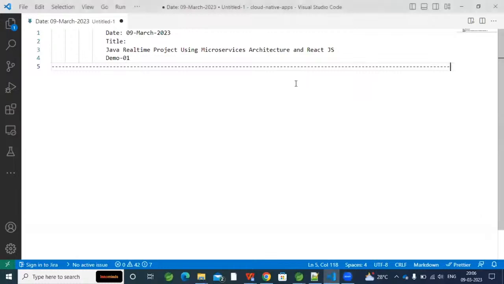Welcome to the demo 1 of Java real-time project using microservices architecture and React.js. So what is this project about? As this is demo 1, let me talk about general topics: the current market, and what the current market expectations are from a software engineer. And what are the current expectations from a senior engineer or entry-level engineers, and to whom this project